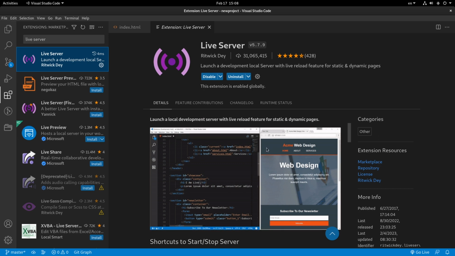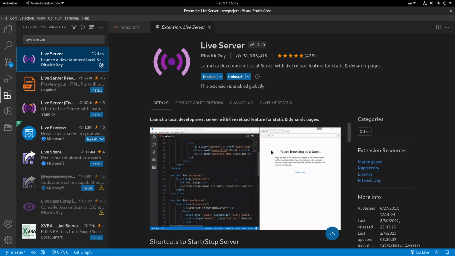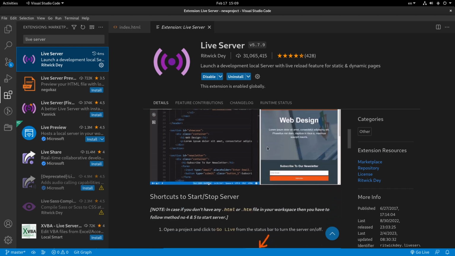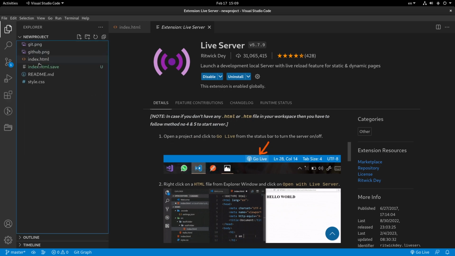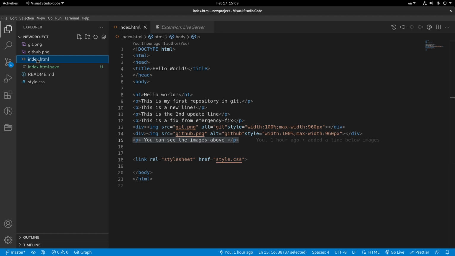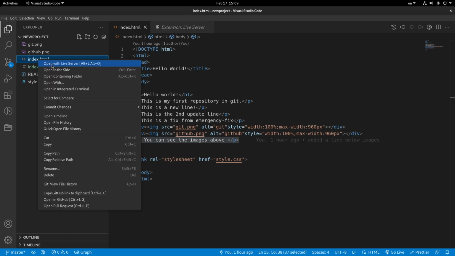So whenever you click Control S, you will be able to see the change simultaneously, and that is why it is important. So here I can click on index.html, and then by right clicking and running open with live server,